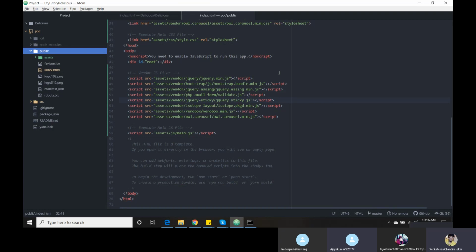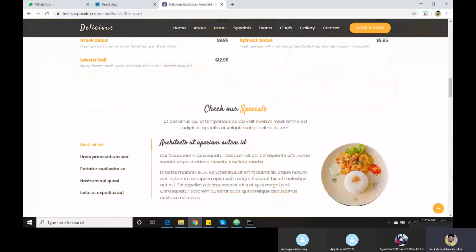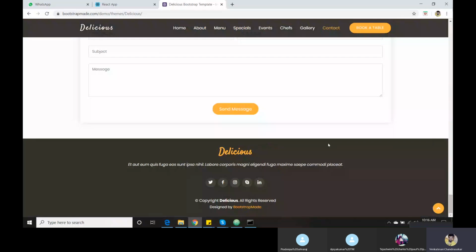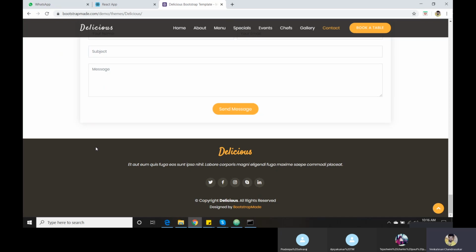Yes, the public folder is the only place where you can put your CSS, JS, and jQuery code. Other than that, if you want to create any component, for example they have a footer component itself. Now we need to add another component, a registration form. After the contact form, we need to use a subscription, with one text box and a subscribe button.